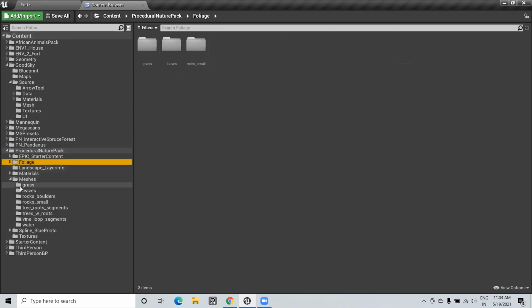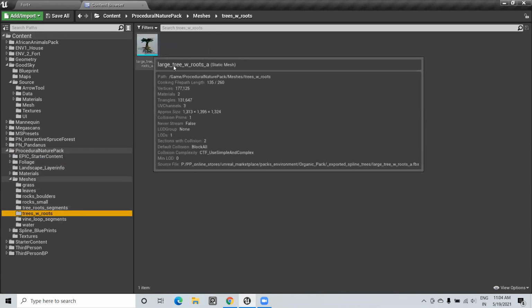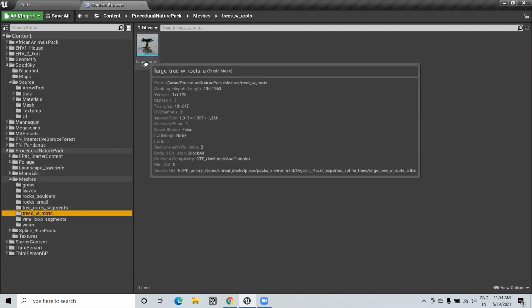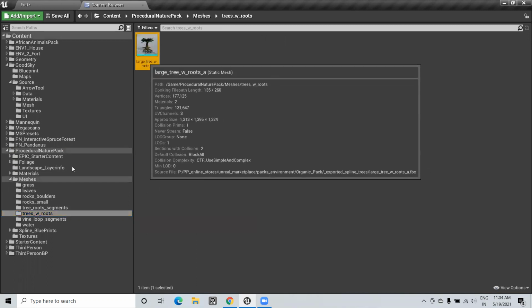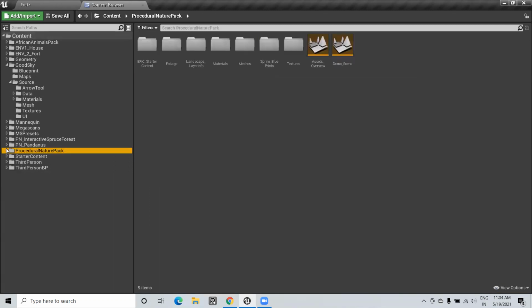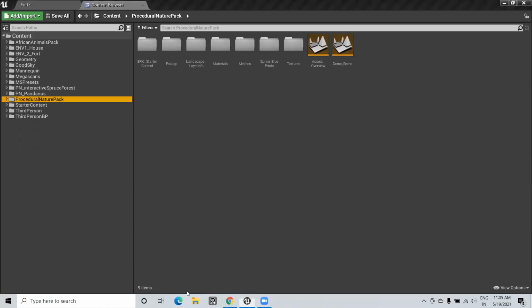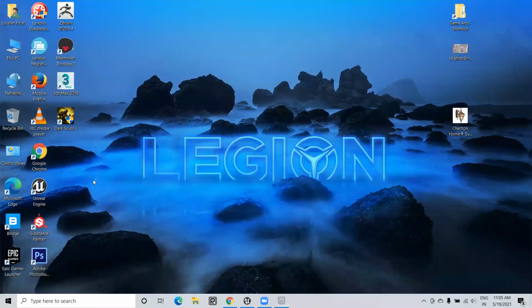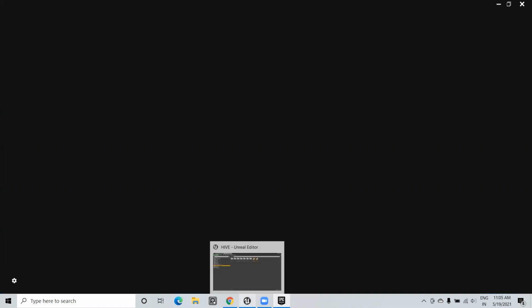Let's just go to mesh. In mesh, everything is there, right? There is only one tree, but this is stylized. Instead of this, use that tropical jungle. I guess you don't have it. It's a different pack. Or you can go to the Epic marketplace. There are a lot of Megascans trees. So you can use those also.